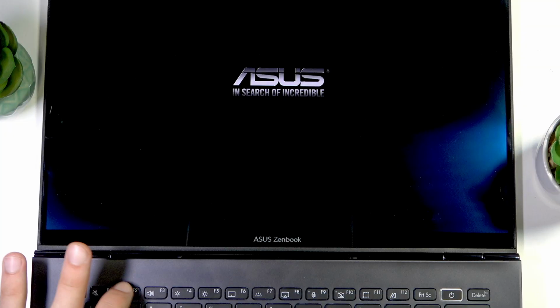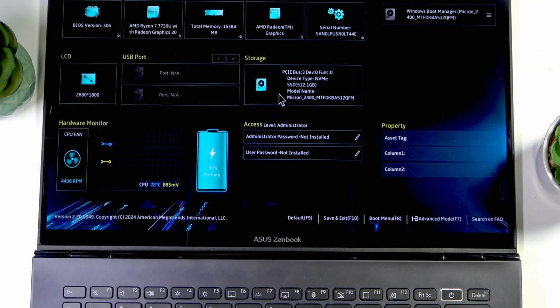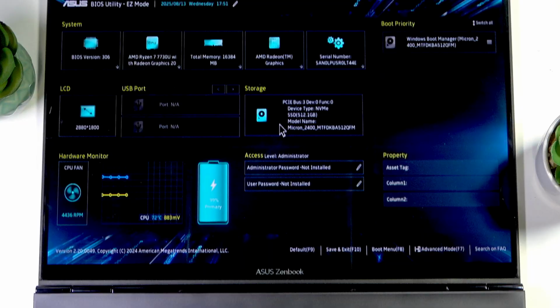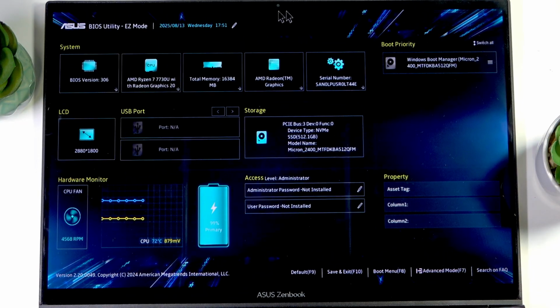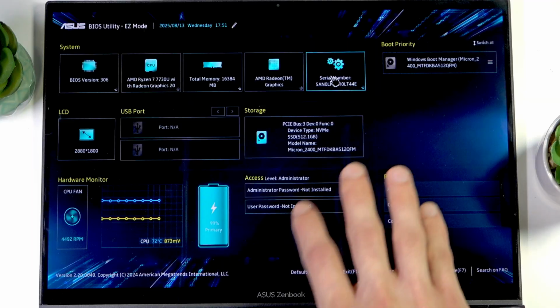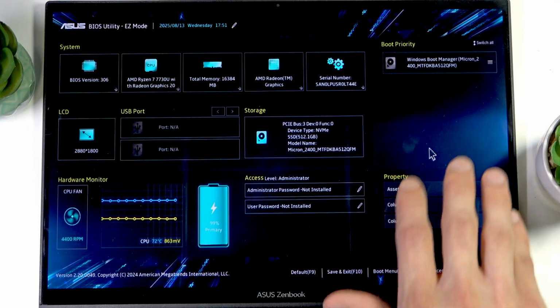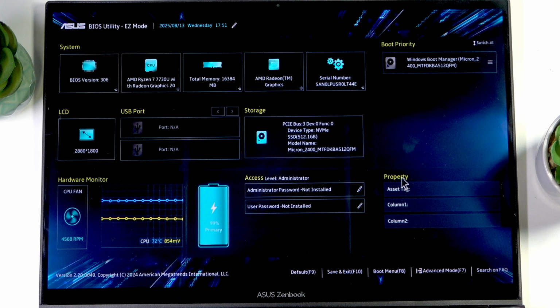So to do that, simply power your PC on by pressing the power button and then repeatedly start pressing the F2 key until the BIOS menu appears on your screen. You can navigate in this menu either using your touchpad or your touch screen if you have one on your model, and if you want to go to more options,